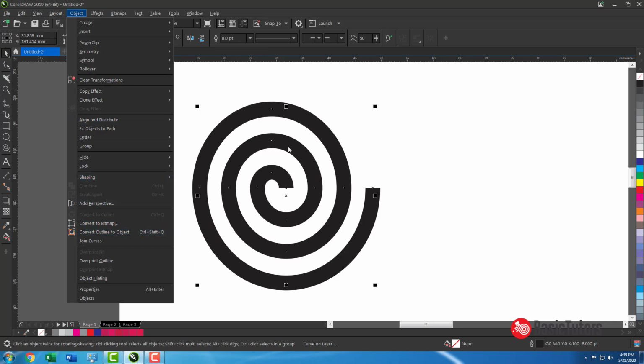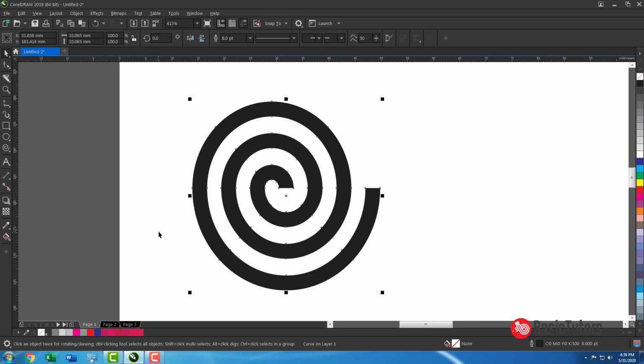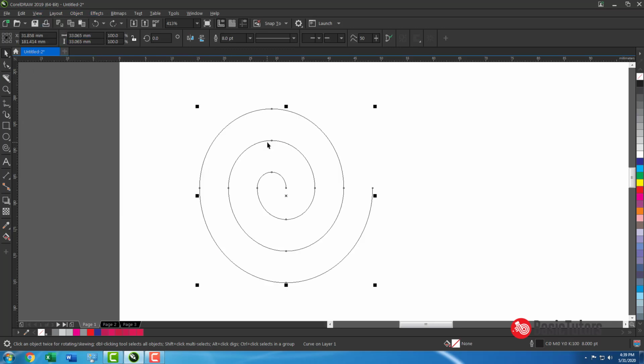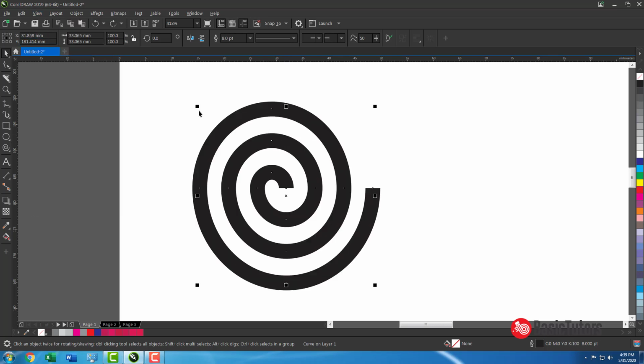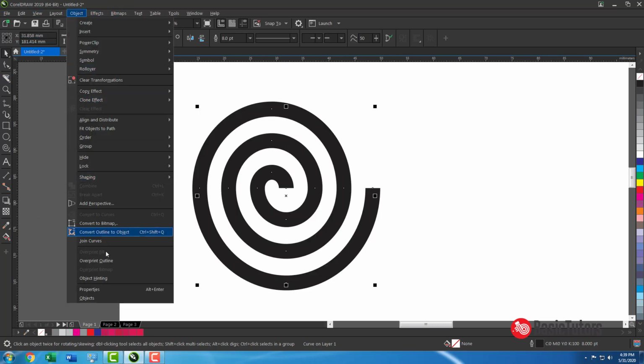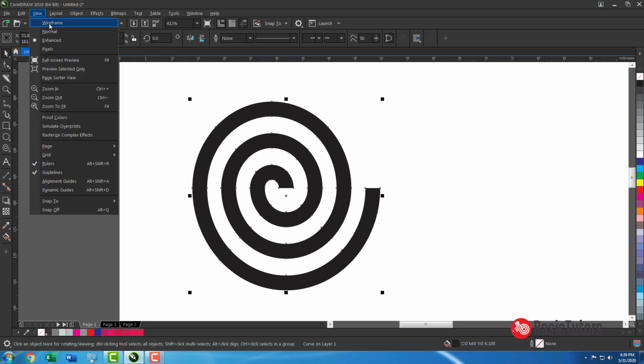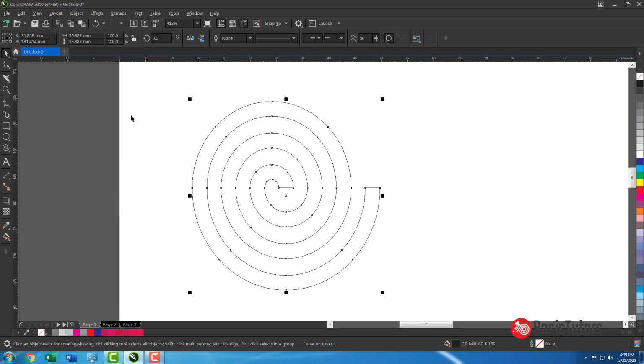What will happen? This outline will be converted into an object. See, this is an object. So now one line will be there. You can check with the view by wireframe. See, now one line will be there. Again, move to enhanced view. Suppose if you change the line with convert outline to object, you can get something like this. You can get an object.